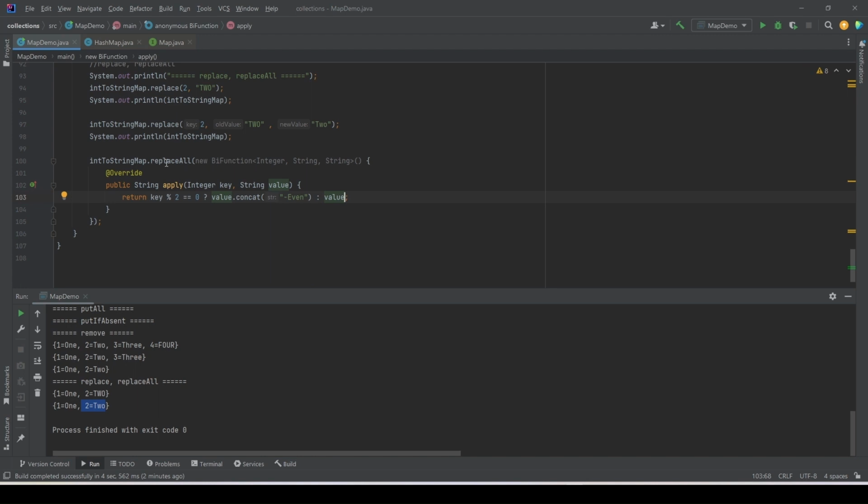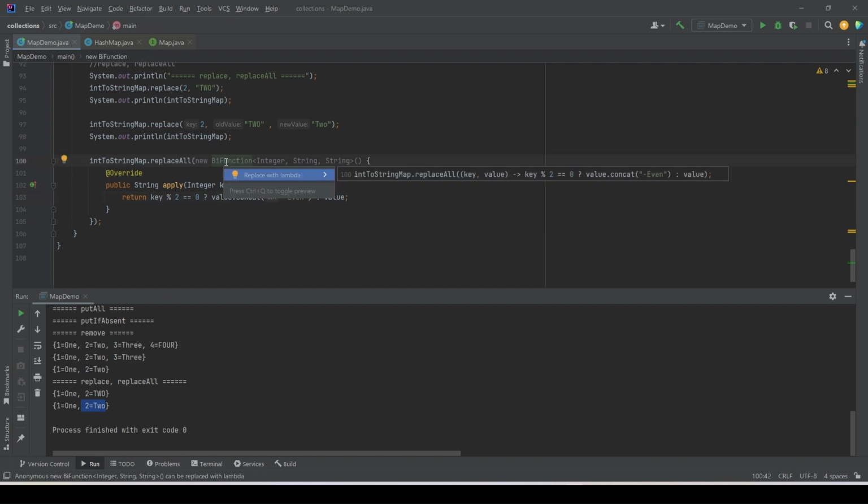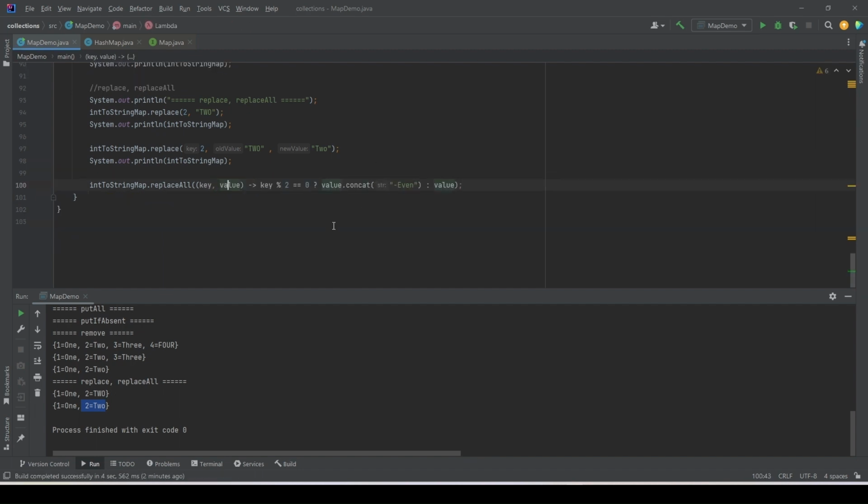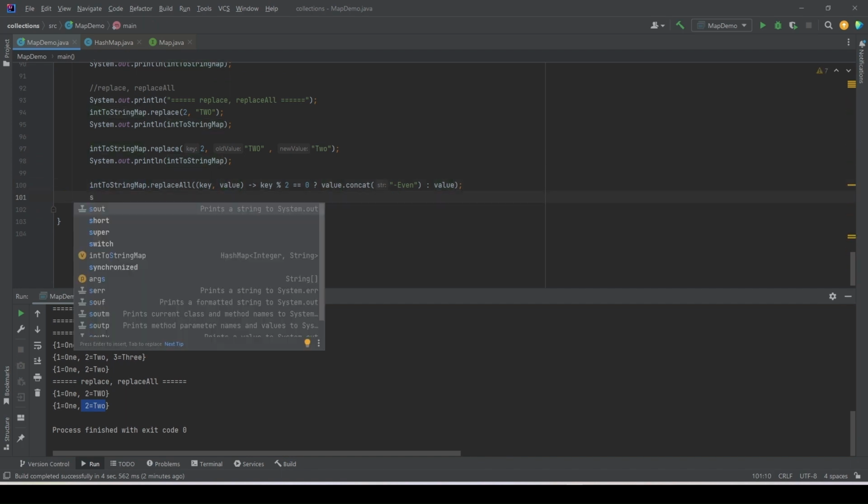So what I'm saying, for each entry apply this function which will check that if the key is an even number, then update the value to this one. I'm simply appending hyphen even, otherwise return the existing value. Okay, let's replace it with lambda. And now if we print the map,